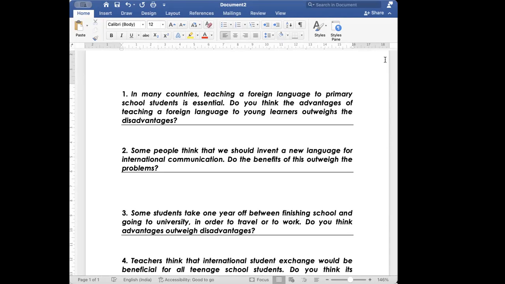Admittedly, there will be some benefits of inventing a new language for international communication. Then one important point is that if there is any one language in the whole world, there will be no bonding, and you can also say that there will be loss of cultural diversity. We have a lot of cultural diversity because there are so many cultures, there are so many languages, that diversity will be lost. The world will become a dull place.